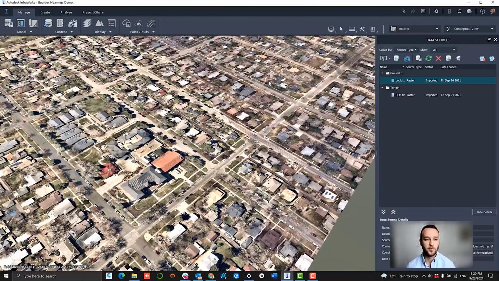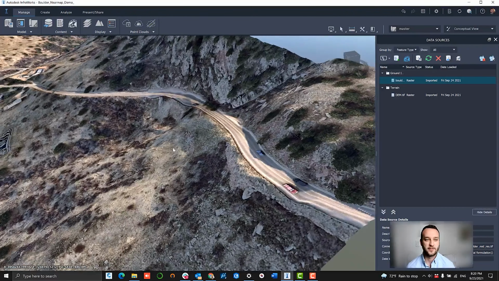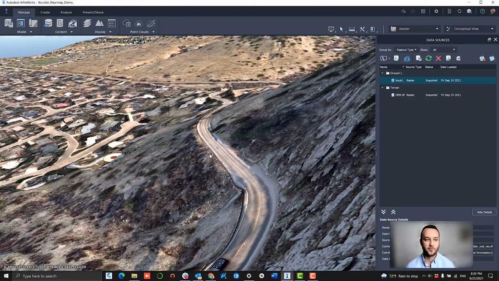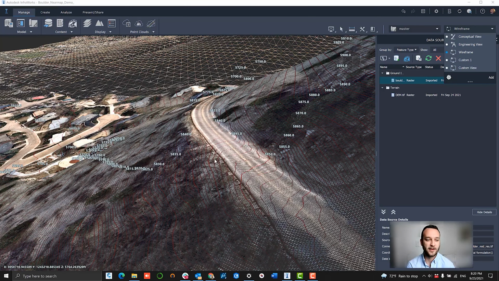We provide it at a 2.2 inch ground sampling distance resolution. It really lets you get the full context of what is going on in your site rather than just seeing that 3D data. If we go over here to this area of a little bit more of an elevation difference, you can really see how tight that triangulation is. You can see that the road has been clearly defined. You have the side slopes down that hill very clearly defined. And then looking at this wireframe, you can see the spacing between the different data points is extremely tight, giving you a very high degree of accuracy on your area that you're looking at.